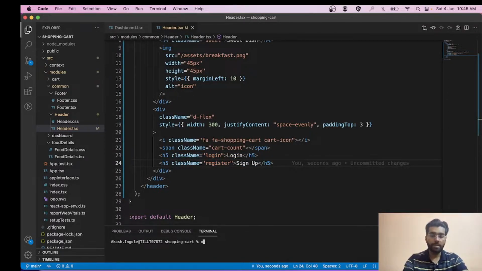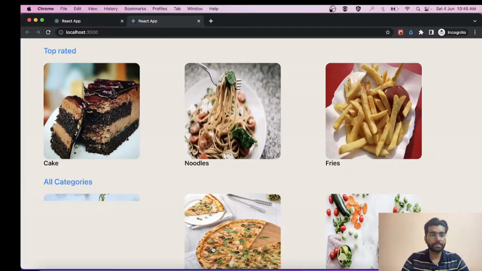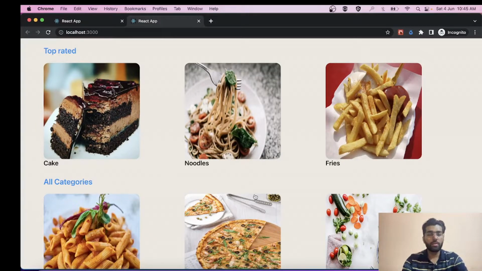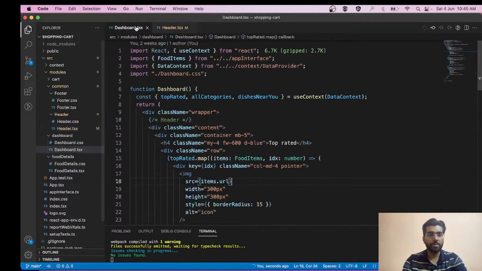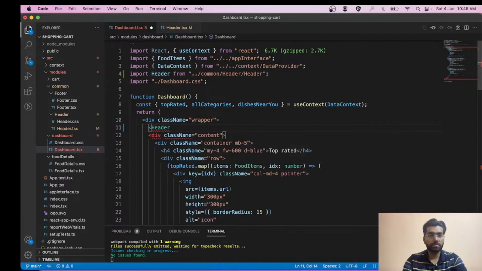Now let's try running the code. Okay, so we have not got our header because we have not imported it inside our dashboard.tsx. Cool.